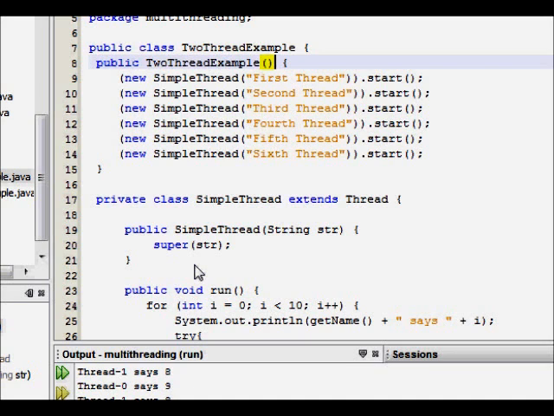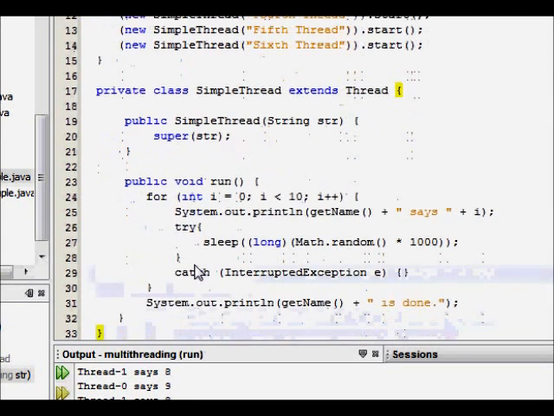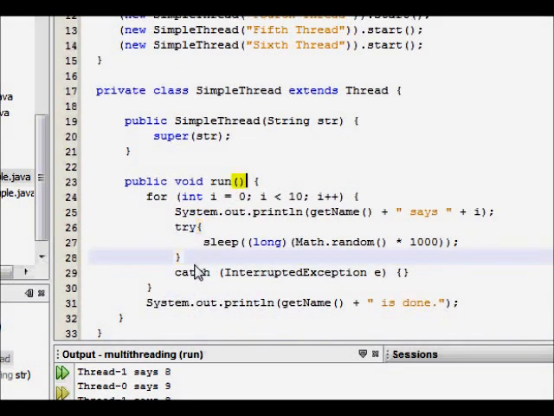In fact the class name is not that correct, since we have 6 threads. But we had the thread class here, the simple thread. It had a counter which started from 0, ended at 9, and slept in between for some time.